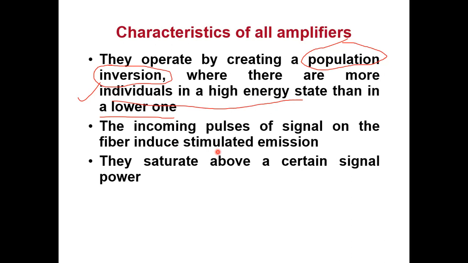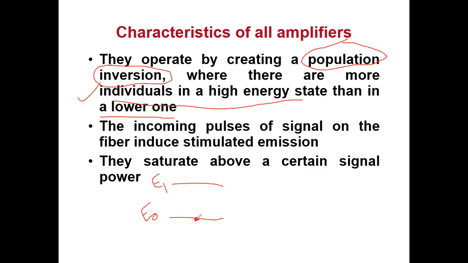Okay, so in spontaneous emission, what happens? I have 2 energy levels. If you remember in the energy band diagram, I have 2 energy levels. Okay, so I have one photon, or right now we are calling it a photon. Usually we call them electrons when we talk about an electrical circuit. So one photon is in the lower energy level. When it gets excited, what happens is, I'll just draw if you are not able to imagine. I have these 2 energy levels. Suppose E1, I call it the higher energy level, and I have E0 as the lower energy level. Okay, so I have one photon which is present in the lower energy level.